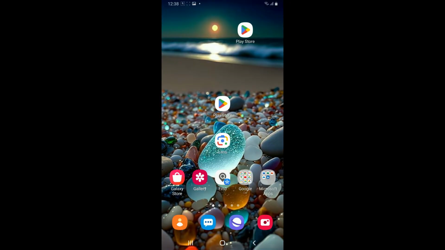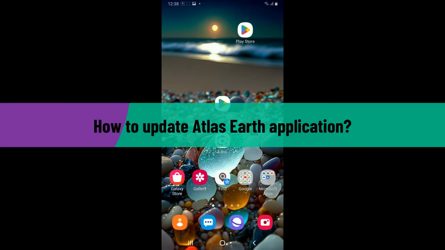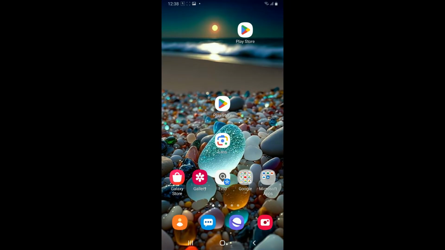In this video, we are going to be learning how to update the Atlas Earth application using your Android device. Updating to the latest version of Atlas Earth is a straightforward process. If your application is misbehaving and not working properly, then it might be due to an outdated application that you are currently using. So to update or check for an update for Atlas Earth, first of all, go ahead and launch